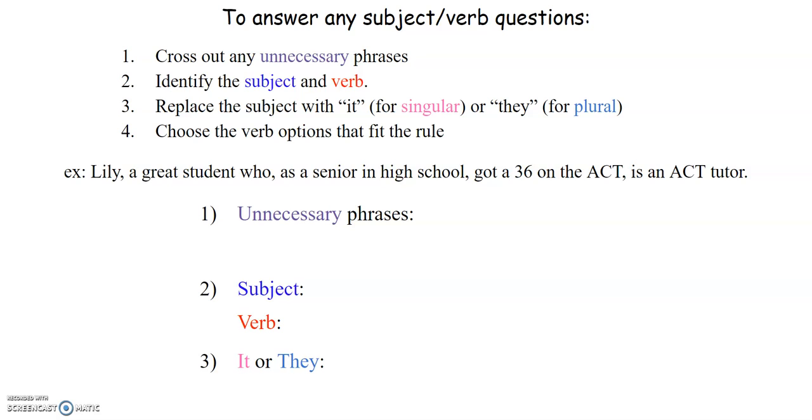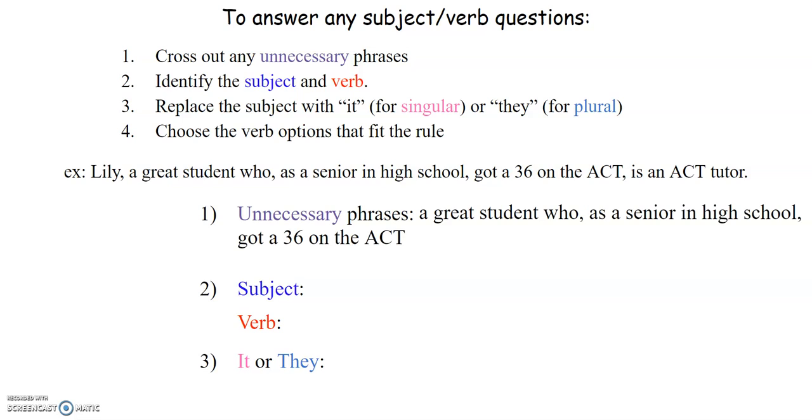So here are the steps you're going to take. First, cross out any unnecessary phrases. This can be prepositional phrases, this can be non-essentials, just anything that distracts from the essence of your sentence. In this sentence, Lily, a grade student who, as a senior in high school, got a 36 in the ACT, is an ACT tutor. We can eliminate a grade student who, as a senior in high school, got a 36